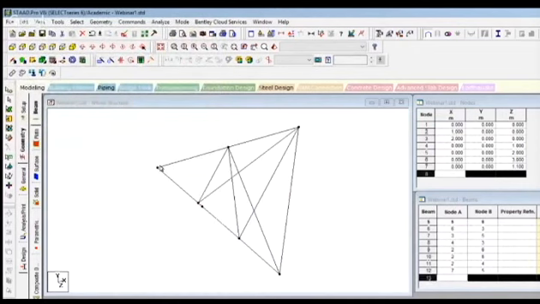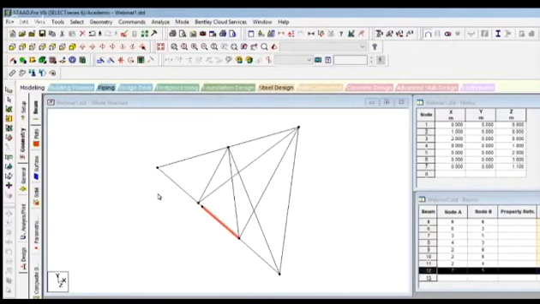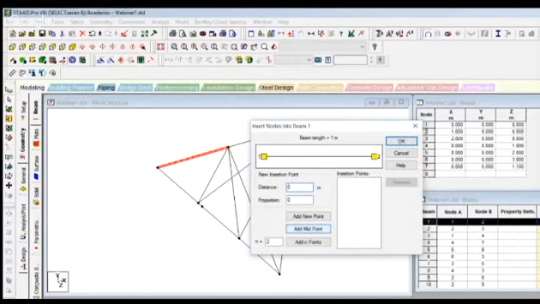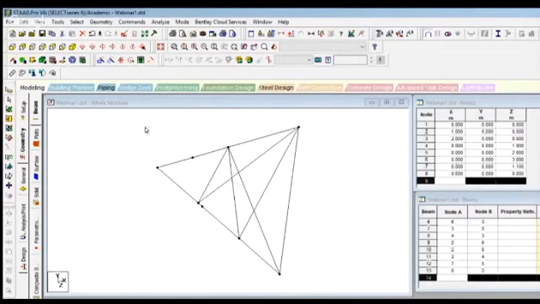And as soon as you add one more node into the previous member, one more beam is created. You can see initially from this to this there was an entire member, but now this member is separated from the entire member. So instead of one member, now there are two members. Similarly, we can add a node at the midpoint. So go again, select the member, go to insert node and click on add midpoint. Click OK. You can see the midpoint node is added.